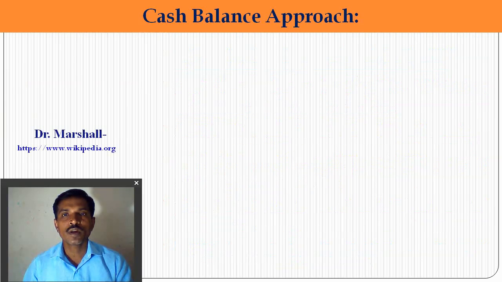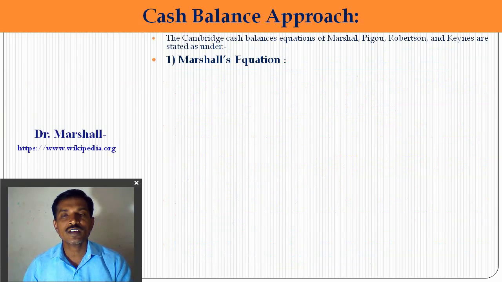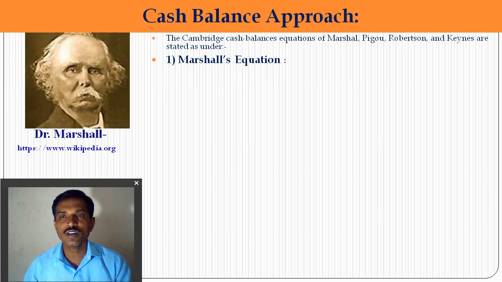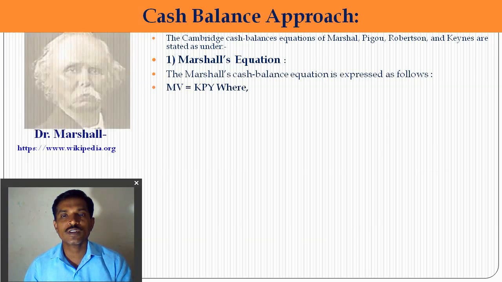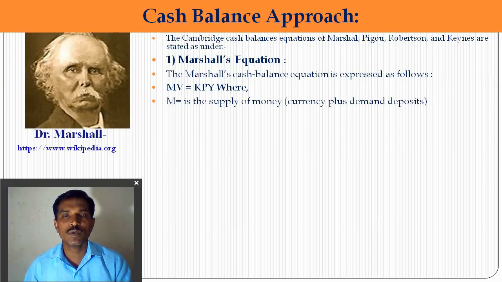So in the cash balance approach, different equations are given by three or four economists. The first equation is given by Dr. Marshall. Marshall's equation is MV = KPY. According to Marshall's cash balance equation, MV = KPY, M means the total supply of money, currency